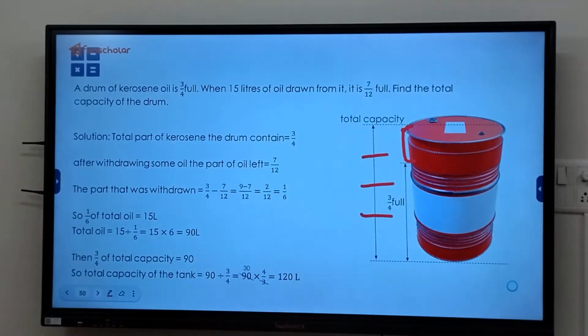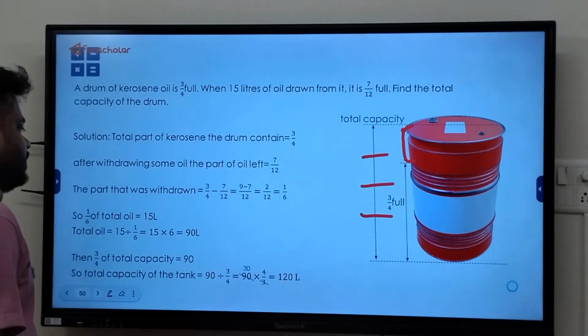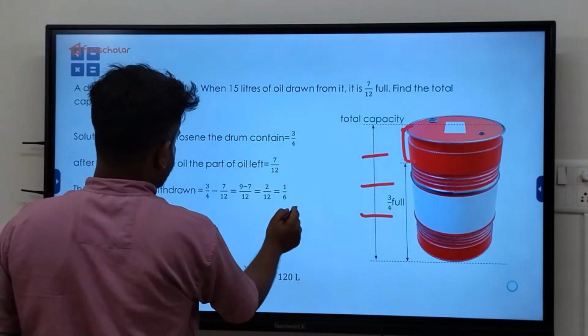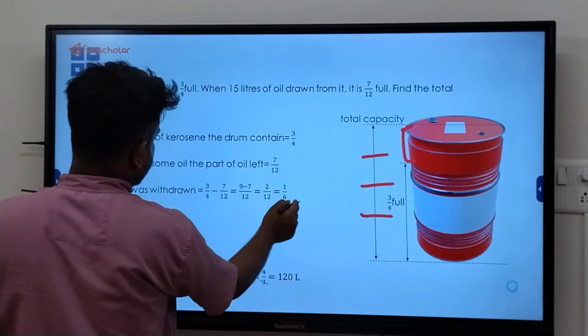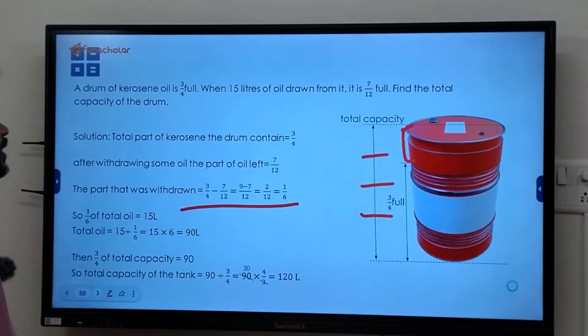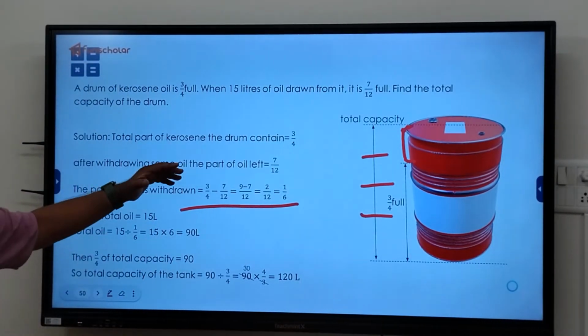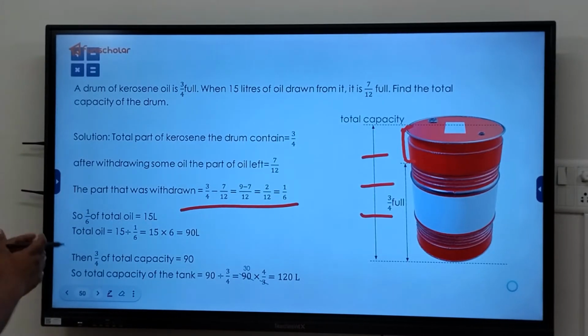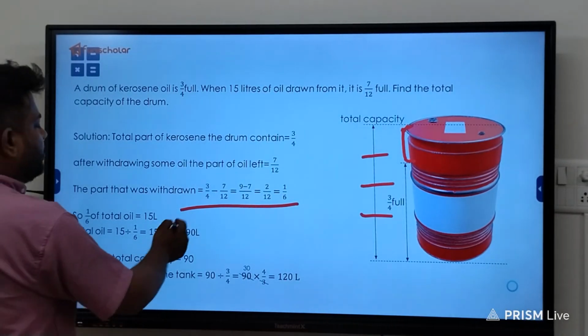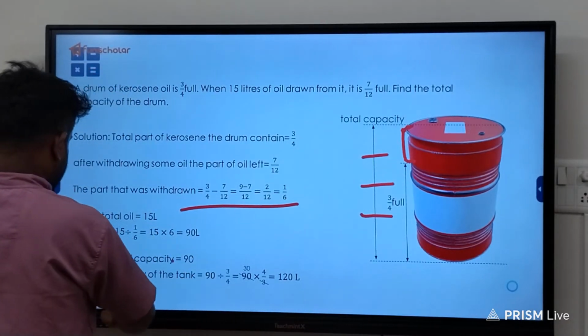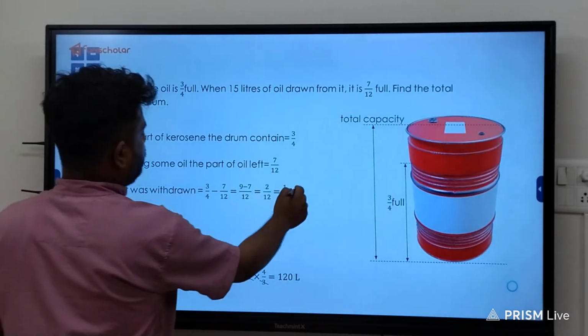The total part of the kerosene in the drum contains 3 by 4. After withdrawing some oil, the oil left is 7 by 12. Okay, so the part was withdrawn. The drum was 3/4 full, and we have taken some from it. It is 7 by 12 full. So the part we have taken will get subtracted. So 1 by 6